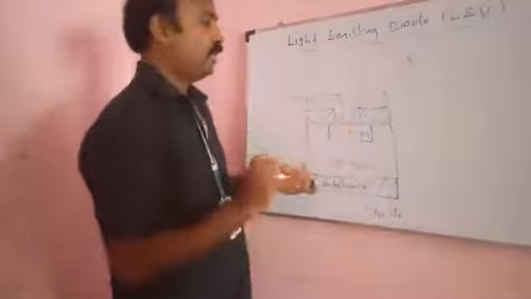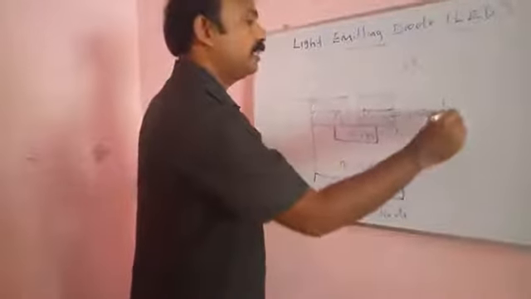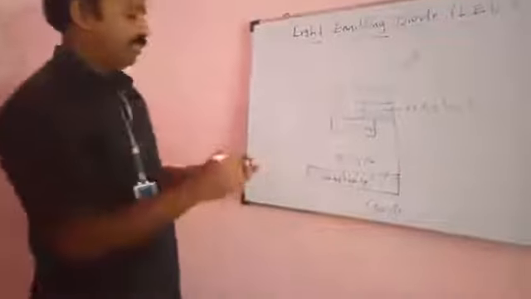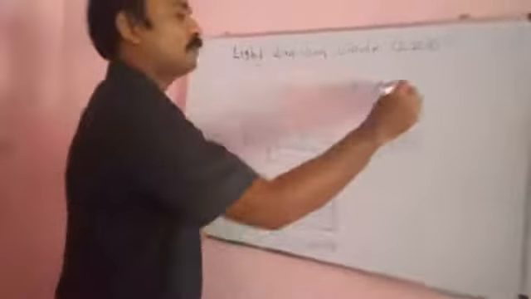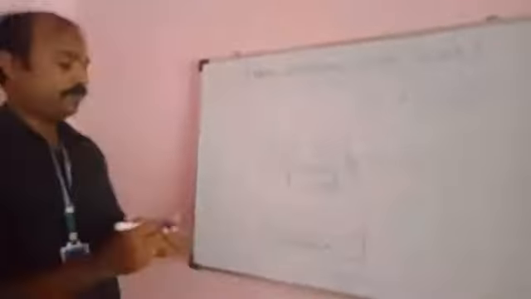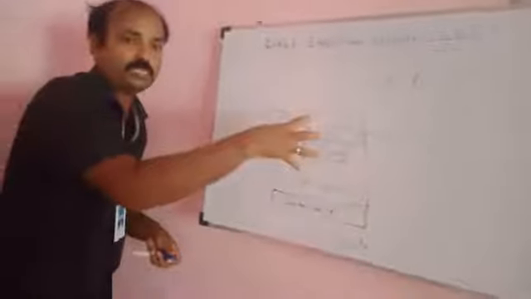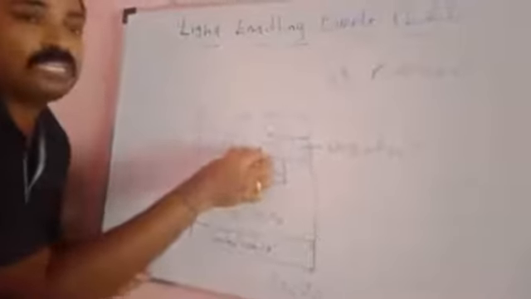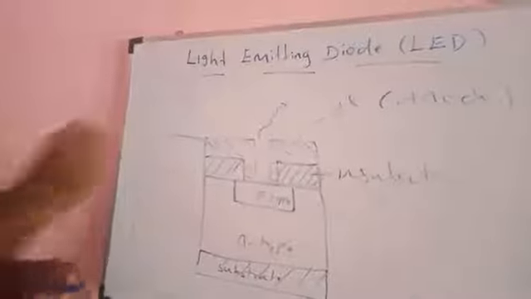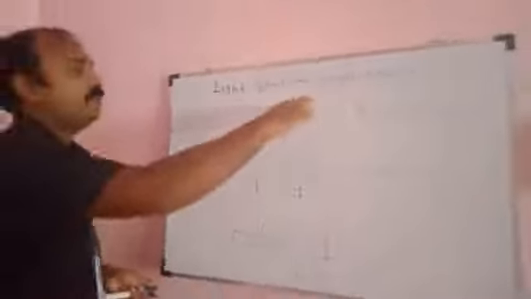Then this is an insulation part. Then over that an aluminum contact is there. This is a contact, aluminum contact, that acts as the anode part. This is the cathode part. So now this is a forward biasing. A forward bias is provided. Then this small gap is uncovered, so that the light will come out when a suitable forward biasing is provided. Light will come out in this way after a suitable forward biasing is provided.